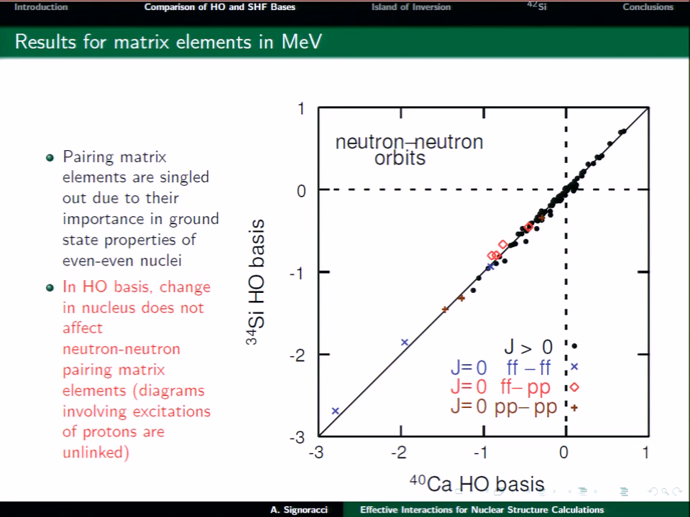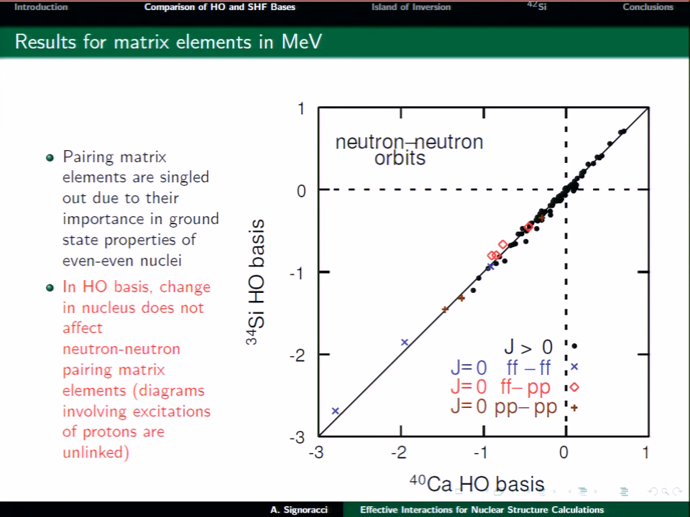So in this calculation, a harmonic oscillator basis is used with silicon-34 as the target and with calcium-40 as the target. And in color, I single out the pairing matrix elements for two reasons. One is that they are very important for the properties of even nuclei. And second is that these are the matrix elements that were reduced by Nowacki and Poves in the theoretical work